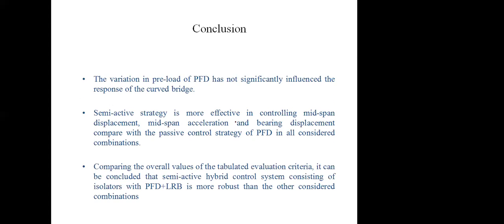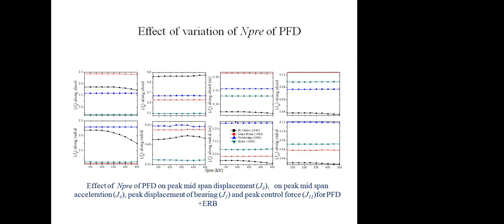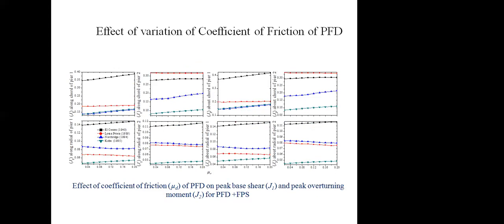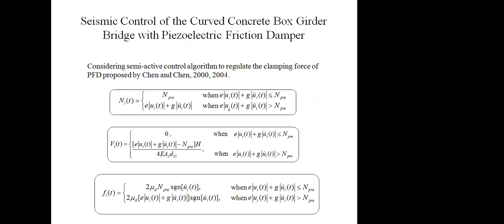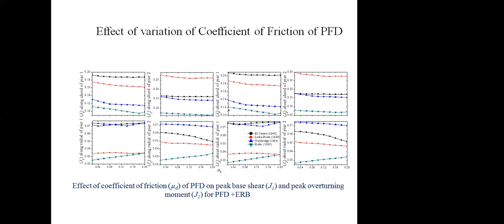And from the modeling point of view, I will say that you have to model this damper, whether magnetorheological damper or friction pendulum system, or this piezoelectric friction damper. Till date we can't do direct analysis in SAP, ETABS, SAP or STAAD Pro. You have to model it in MATLAB. You have to do the modeling of your structure in MATLAB. Then you can model this damper also, as we have the force of the damper. These are different formulas. Using these formulas we can model it in MATLAB.